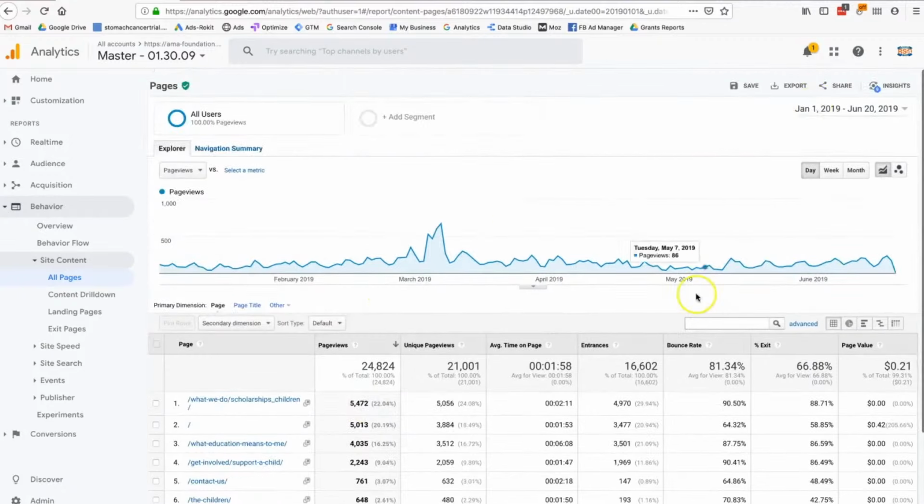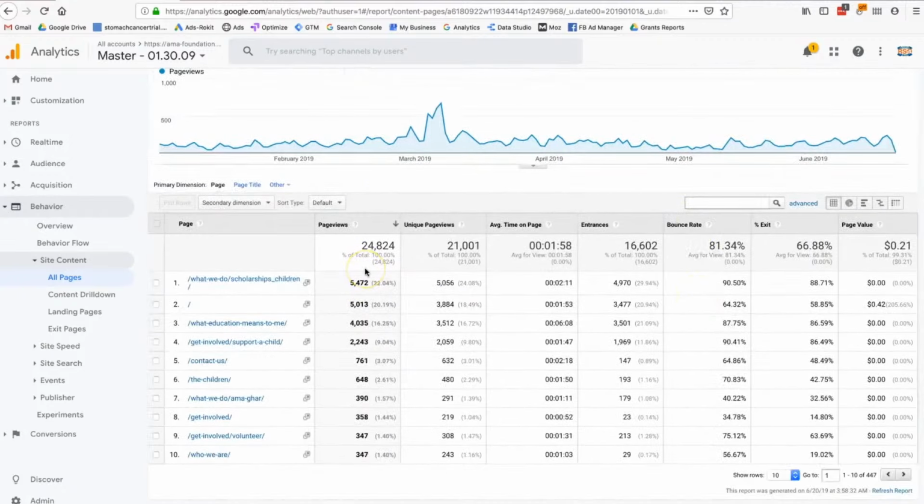And again, we're looking at year to date. So I can see engagement related metrics associated with a page. So this particular page here on line 1, I could see how many page views, unique page views, which is equal to sessions. So I could have a session come to the website and look at a page multiple times in that session. I could see the average time the person has spent on a page, and I can also